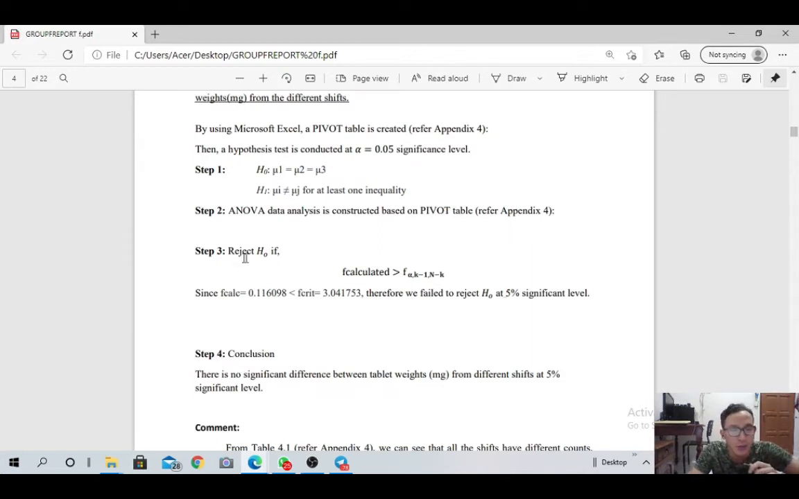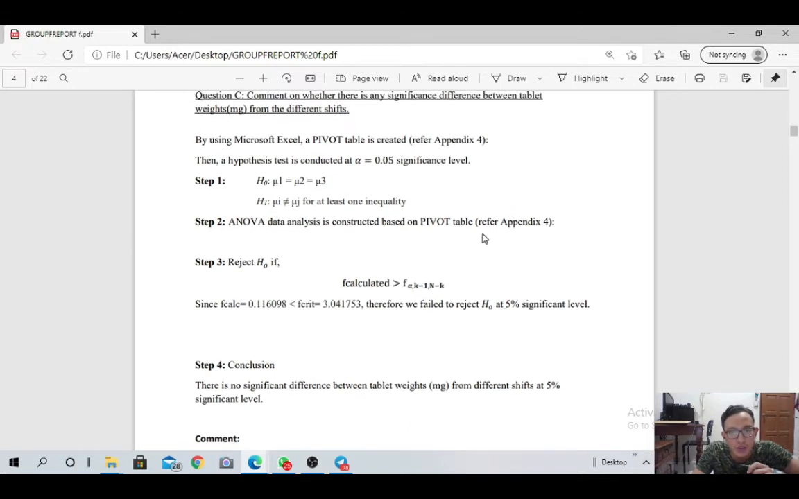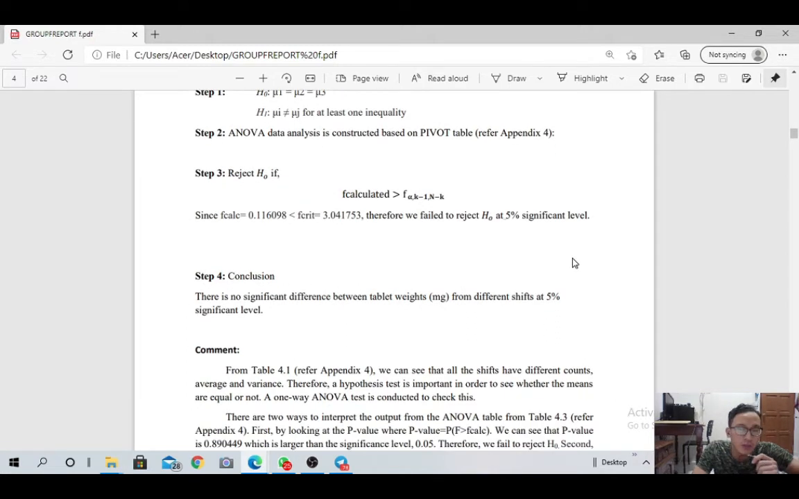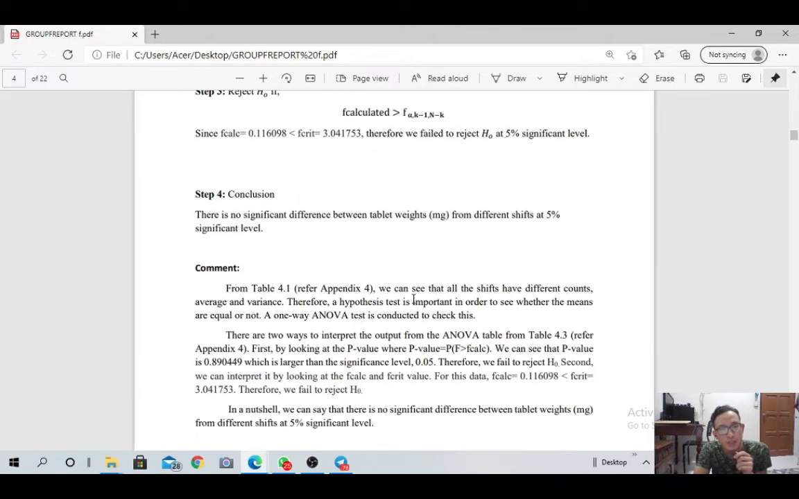And step 3, we have to reject H0 if F calculate is greater than F crit. So when we see the table before, we notice that F calculate is 0.116098, which is less than F crit 3.041753, and because of this we have to fail to reject H0, which is we accept the H0 at 5% significance level. So for the conclusion, there is no significant difference between tablet weight from different shift at